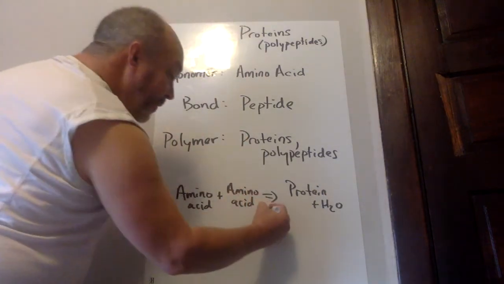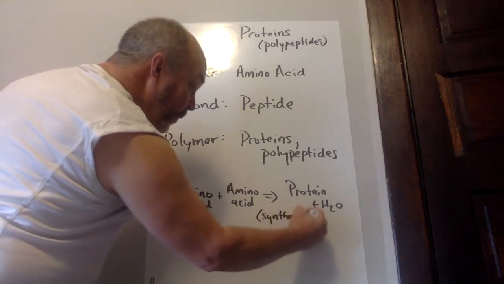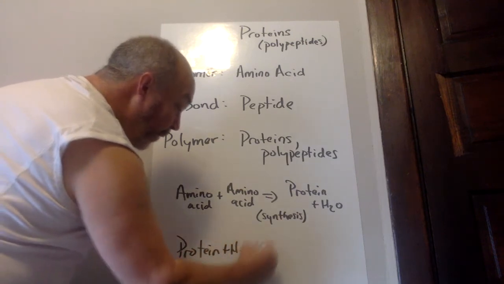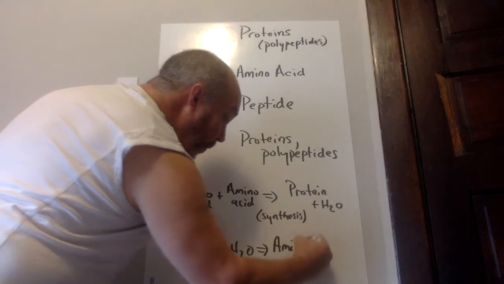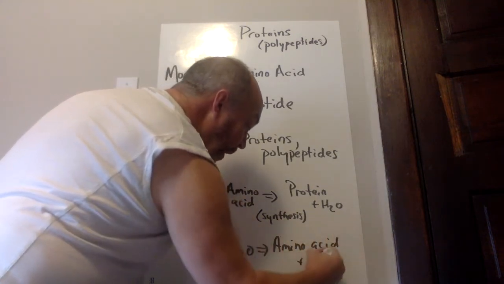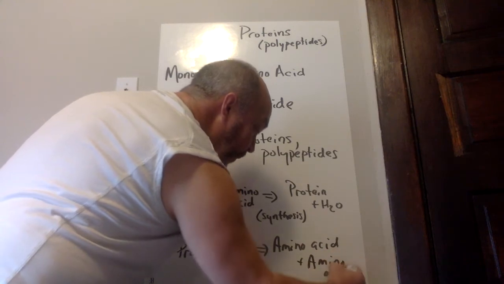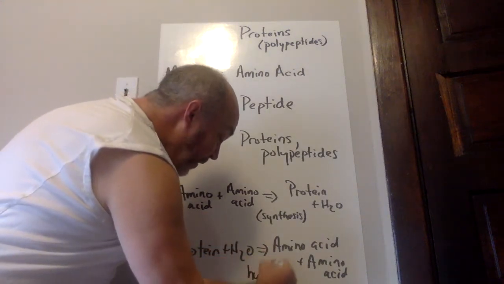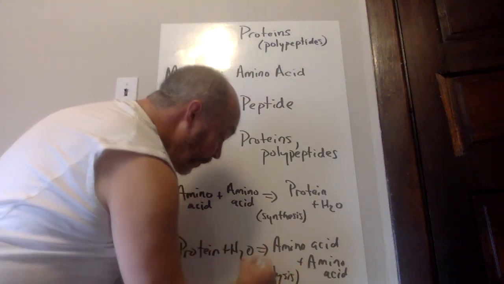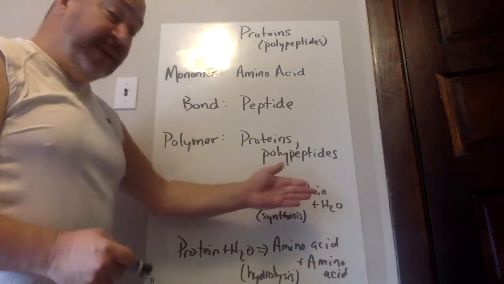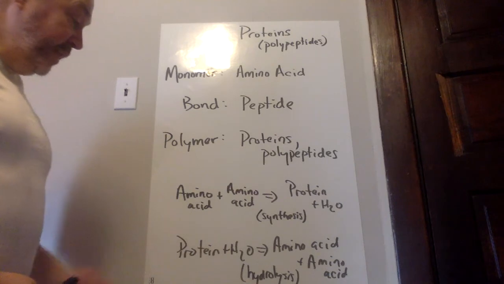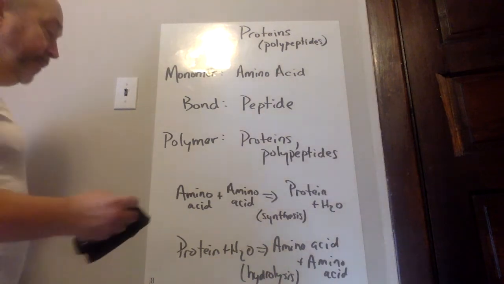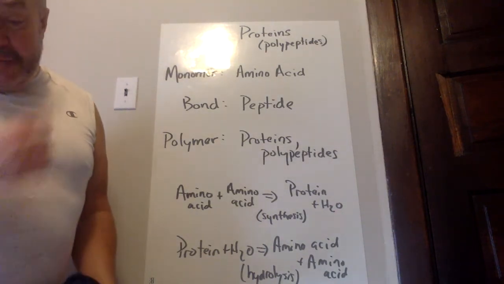But backwards, so this is synthesis, you go the other way, protein plus that water would become an amino acid and another amino acid. So when you build and break these molecules through synthesis and hydrolysis, they just go back and forth. Building, synthesis, if you synthesize, hydrolysis, breaking. So we break that big polymer into its component amino acids. All right, so those are the basics of